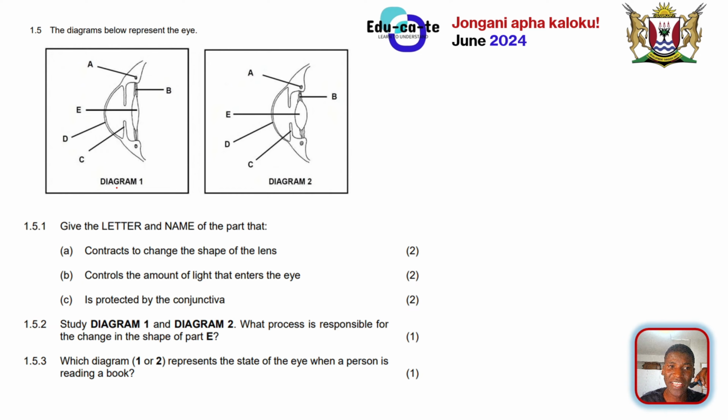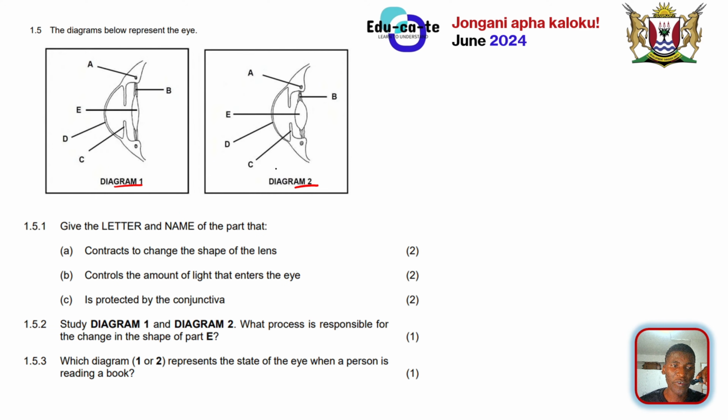Here we are given diagram 1 as well as diagram 2. We have the side view of the eye, or you can say the cross-section view of an eye, or the transverse profile of an eye, but hardly use that word. Remember, I've already said that whenever they ask you using the side view of an eye, they are usually going to question you based on the accommodation mechanism. Usually, I'm not excluding everything else.